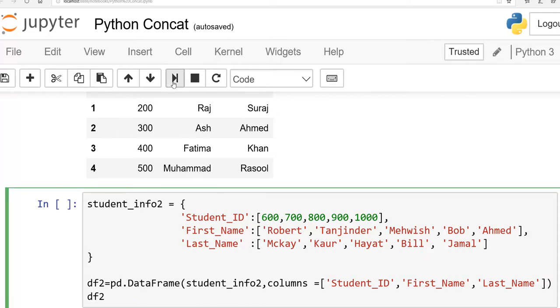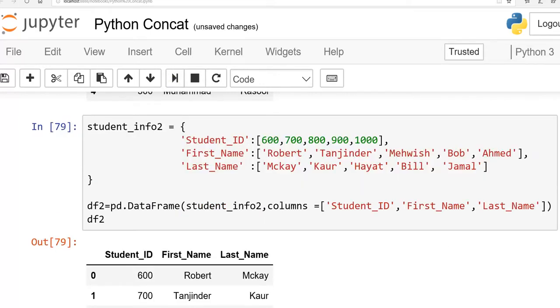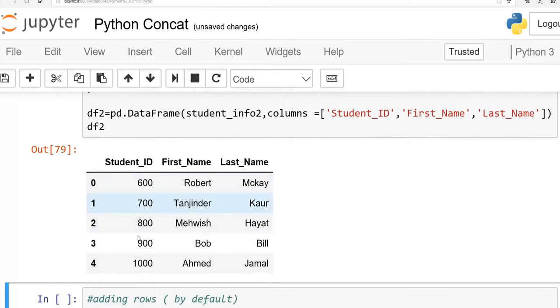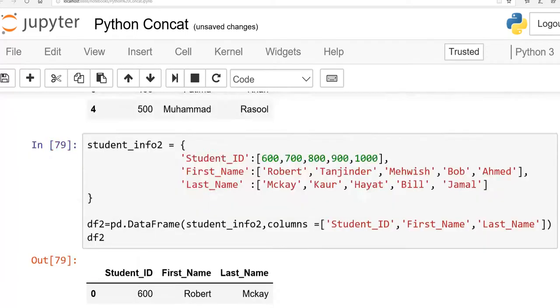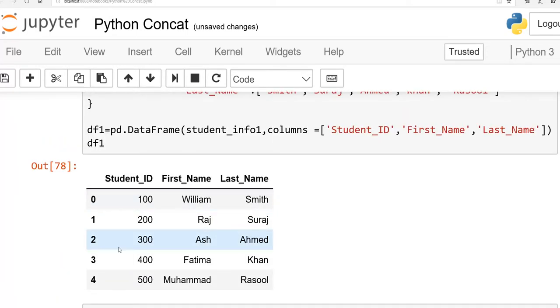So when I run this, you will see my new 5 students in the second data frame. But 0, 1, 2, 3, what is this? This is the index. So you know that index always starts from 0. That is why we have 5 items, but the index ends at 4. Same thing for the first data frame, 0 to 4.